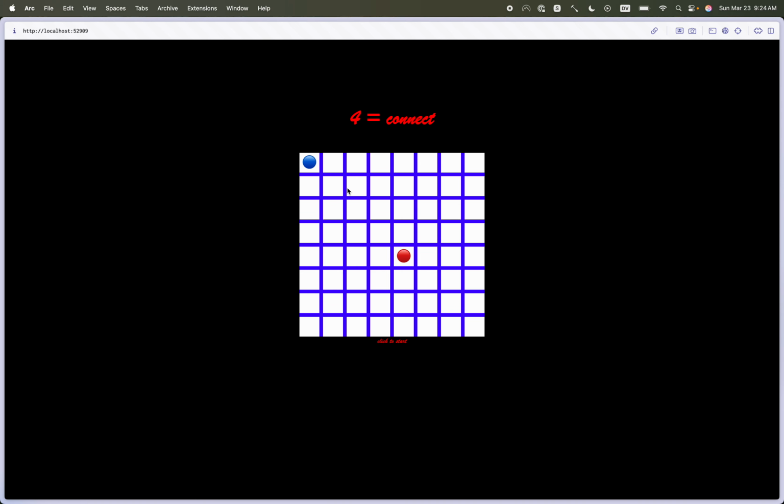So that makes sense if we just put the blue one over here, and then red goes up here, so we're going to look up to the right and see, okay, there's one up to my right, and there's none down to my left, and then blue goes here, and now red's going to go there, and there's nothing on either side, and then blue's going to go here. And now this time when red goes, it actually detects the win because it sees 2 up and to the right, 1 down and to the left, plus the 1 that we just played, and that's 4. However, I don't think